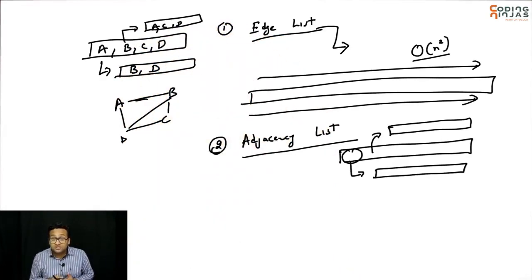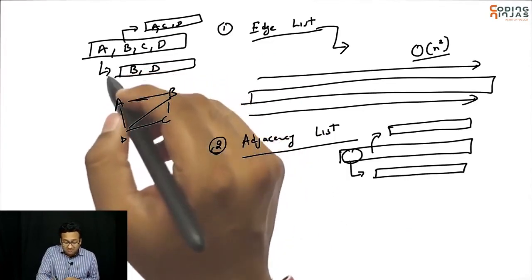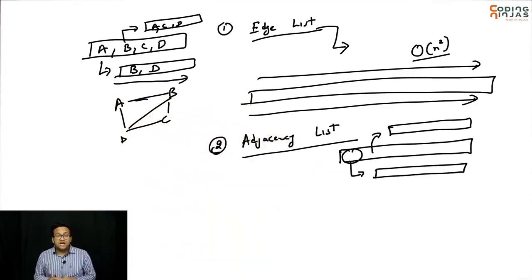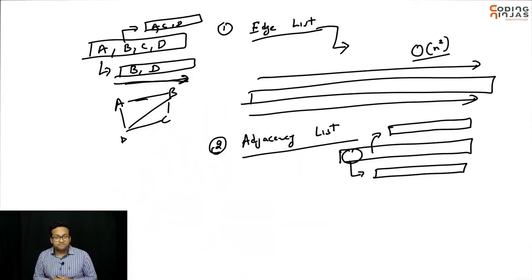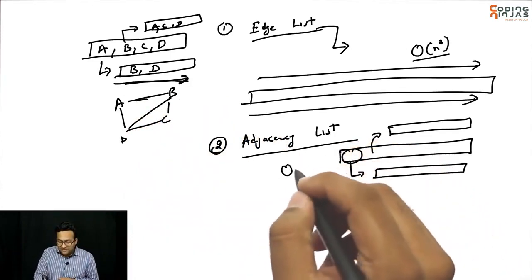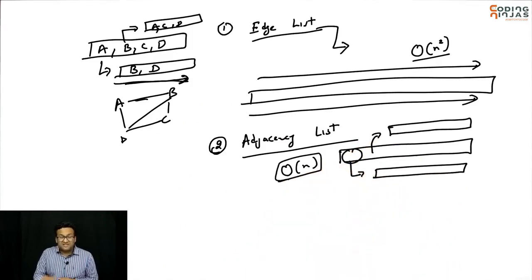The good part about this is, if I ask you, is there an edge between A and C? What you can do is ask A, do you have an edge with C? A can just go through its adjacency list and tell you whether C is there in that adjacency list or not. So A will have to do a maximum of big O of n work going through that list and figuring out if there is an edge with C or not. Okay? So we traverse it once and figure it out. So in this case, finding an edge can be O(n). It actually can be better than that.